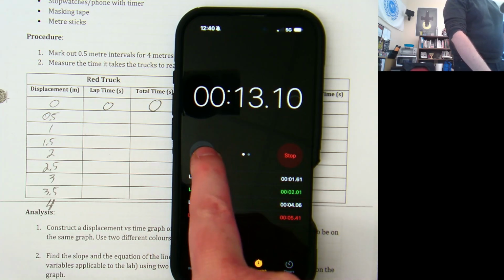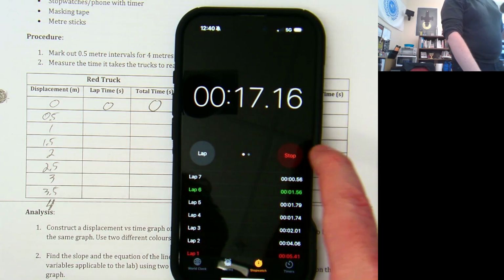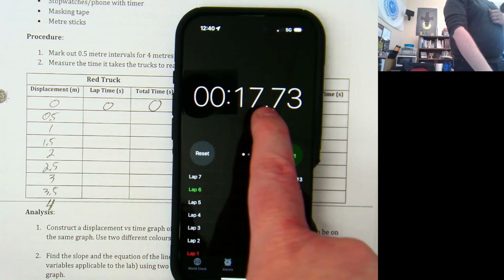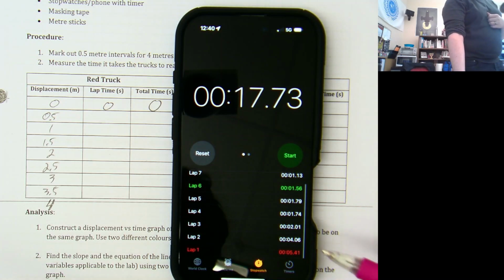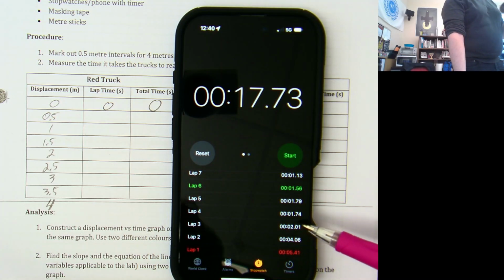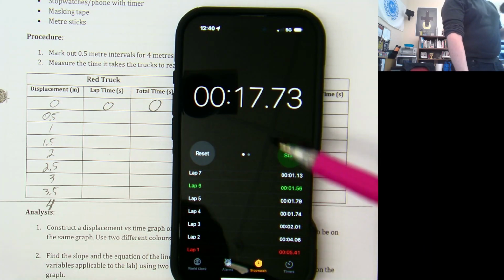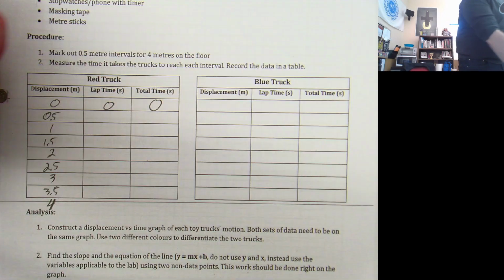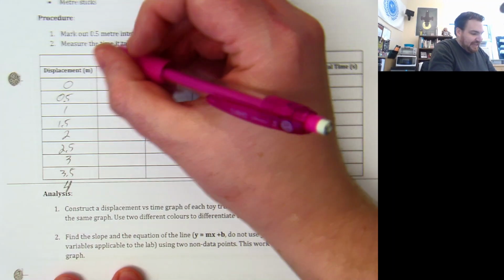Every time the truck hits the next piece of tape, you can hit lap. And then what you're going to get, this is the total time. But what you'll get down here is times for each segment, if you choose to do it this way. That's why I've set the table up this way. If you choose to do it this way, what you need to make sure that you do is that as you record these lap times, maybe